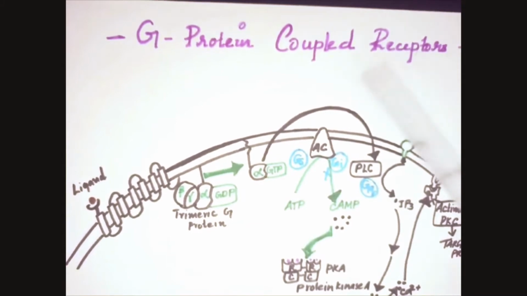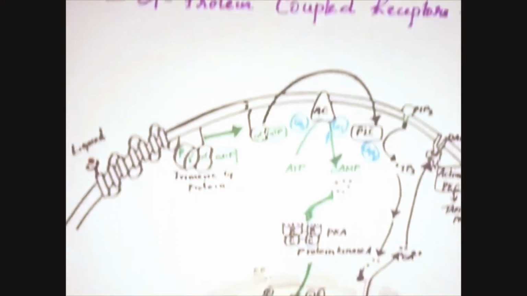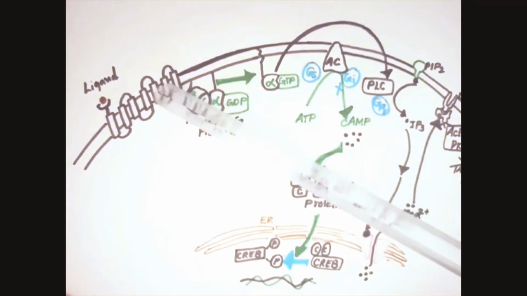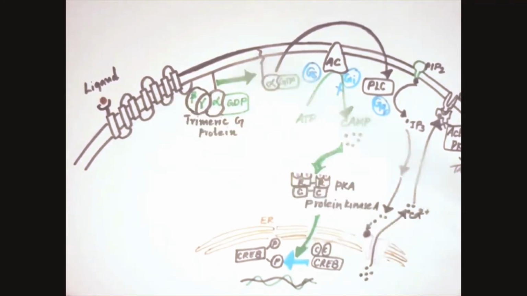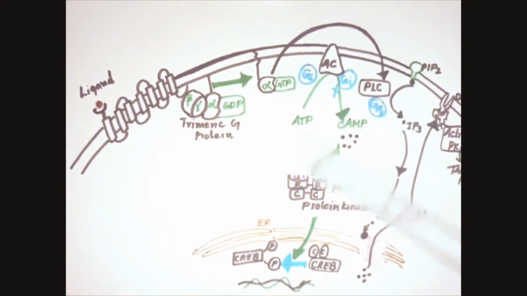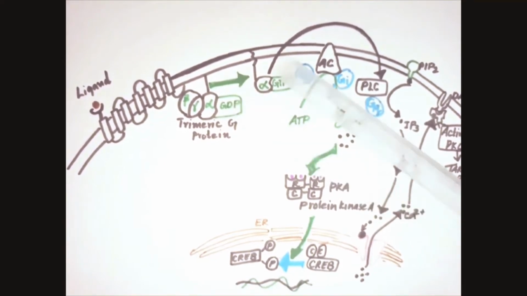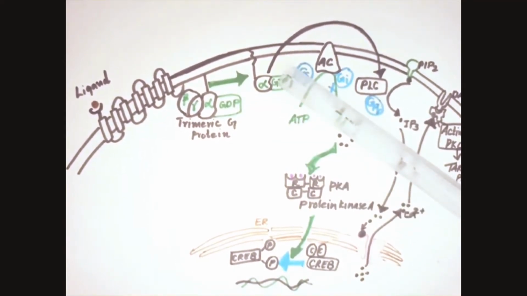In today's lecture, we will discuss G protein coupled receptors. So, these G proteins are membrane resident proteins that recognize activated G protein coupled receptors and pass on the message to the effector system that generates a cellular response. They are called G proteins because of their interaction with the guanine nucleotides, that is the GTP and GDP.